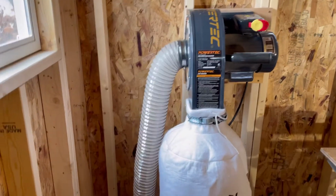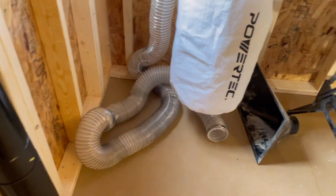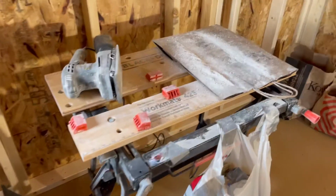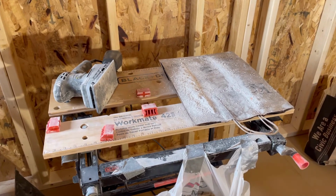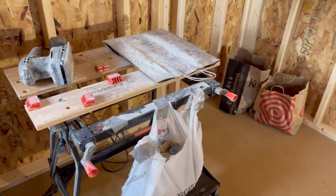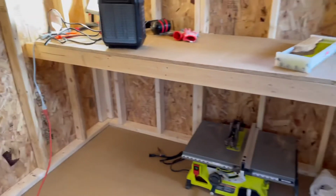It's a 4-inch outlet. There's the 4-inch hose. It's a 21-foot hose, accordion style. There's the bellow that goes with it. This is where I've been sanding and drilling holes in the cribbage boards. It works pretty well. I just put that piece up here. Doesn't get all the dust, but it gets a lot more than the little half horsepower shop vac I was using in my other little shed. These just got my sandpaper in them. Some wood that I've cut. So here's the